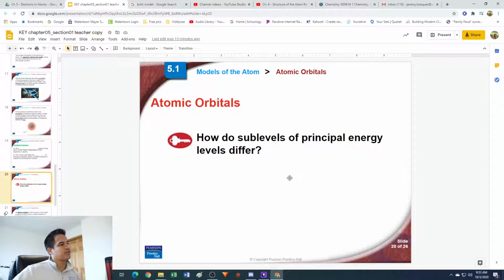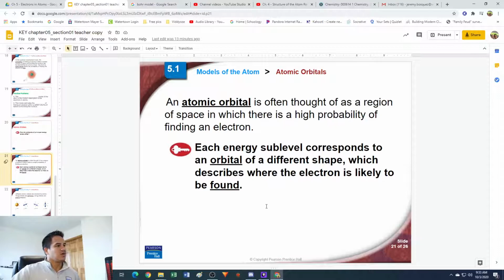All right, so let's talk about the quantum mechanical model and essentially what the main components of it are. Now, the vocabulary here is going to get a little bit tricky, so I'd recommend during this part that you really pay attention to the vocab and maybe write some things down. So, in the quantum mechanical model, we have orbitals. Now, in the Bohr model, we had orbits, and just to clarify the difference: